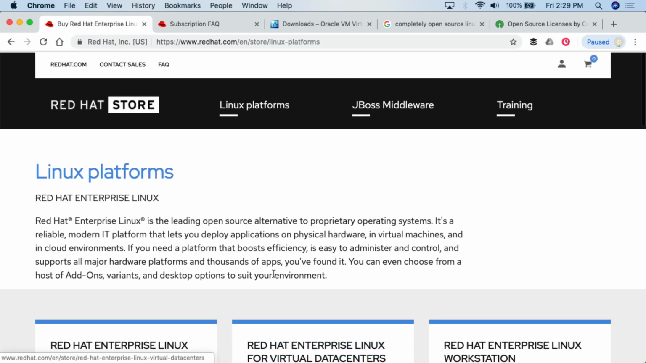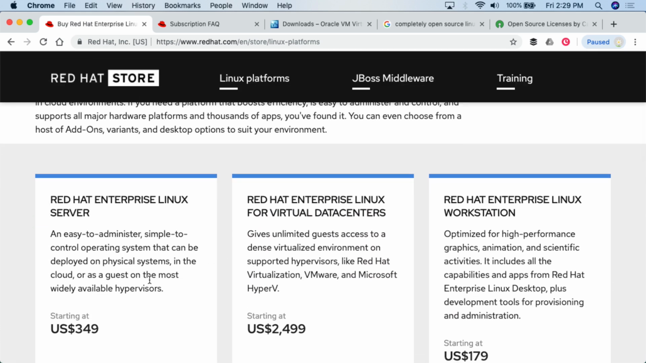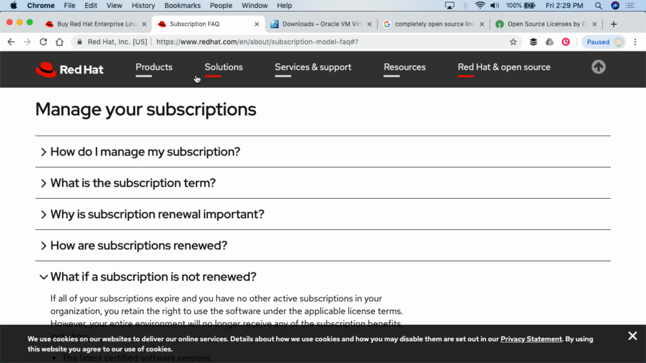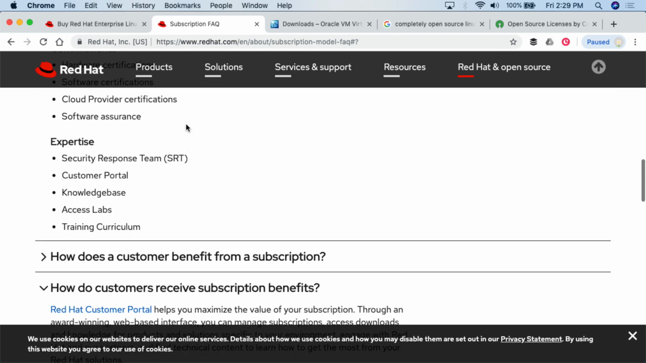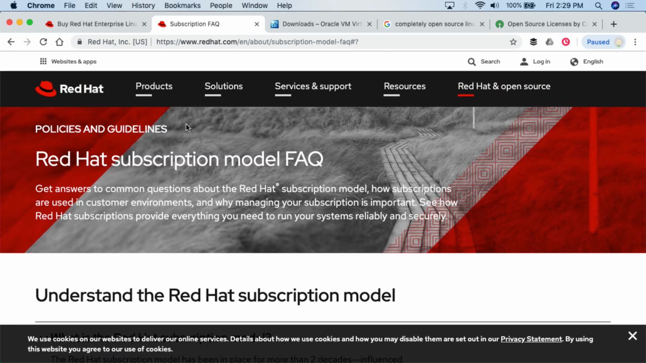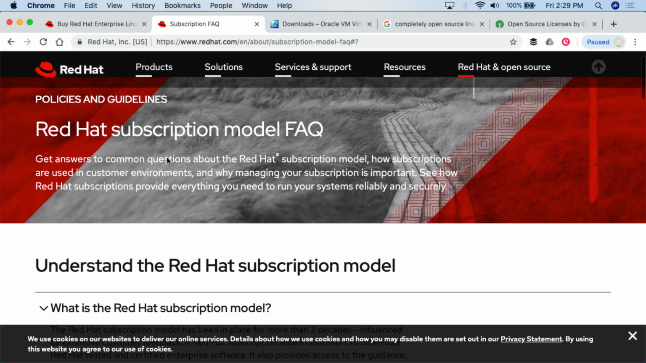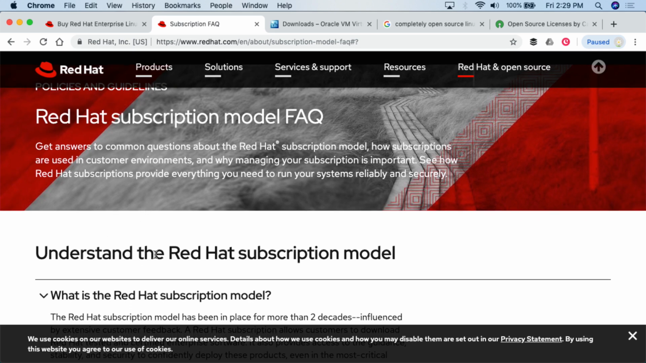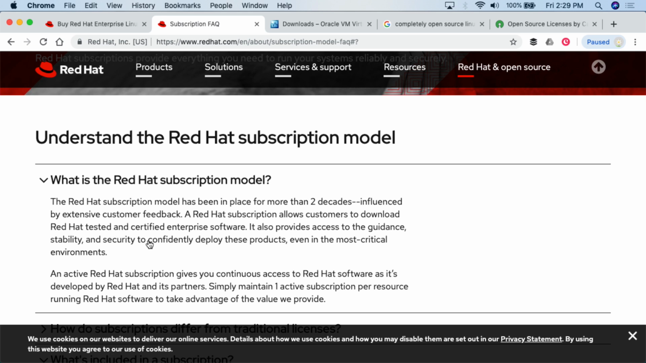Well, here's the interesting thing: basically what you have to do is buy a subscription to Red Hat. So Red Hat Linux is quote unquote open source, but you need a subscription for it. If we take a look at the subscription page, that's what you're going to be paying that $349 to $15,000 for. Understand the Red Hat subscription model. The Red Hat subscription model has been in place for more than 2 decades,